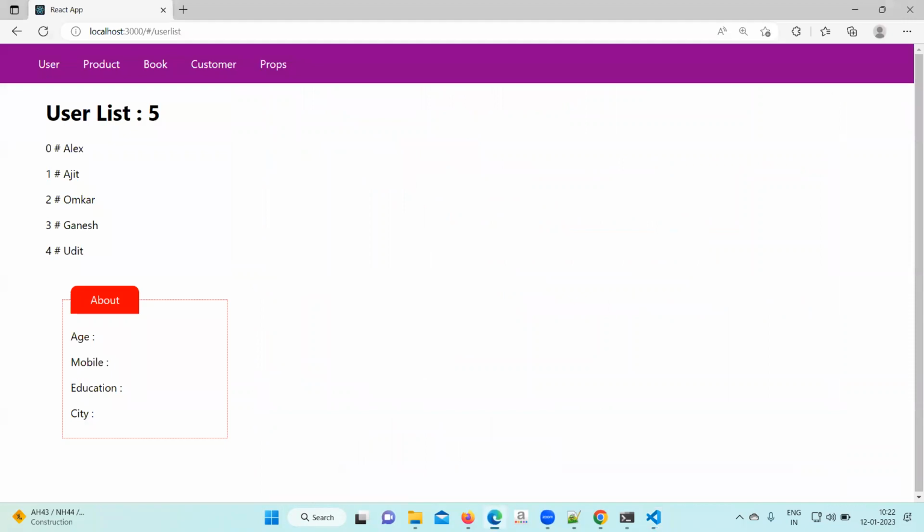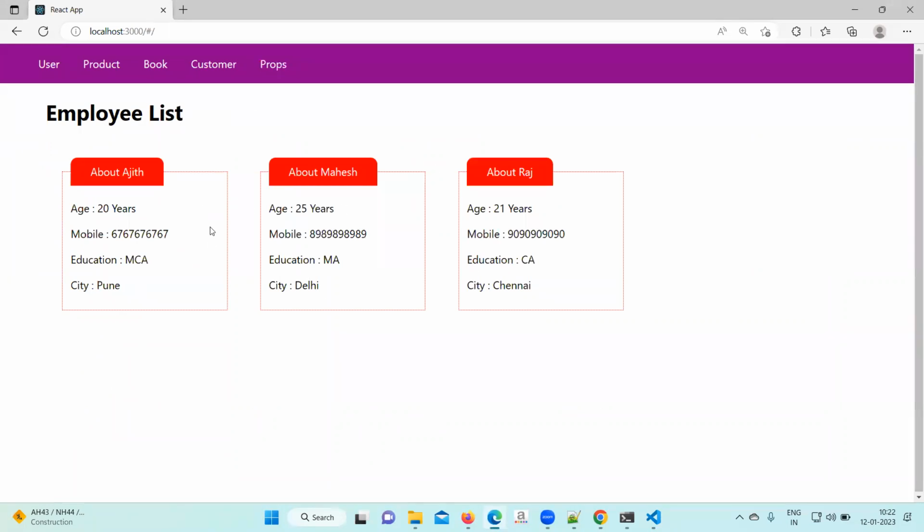Something like this. Calling. So you have created it under the one page, and there we have used it 3 times, and the same component you